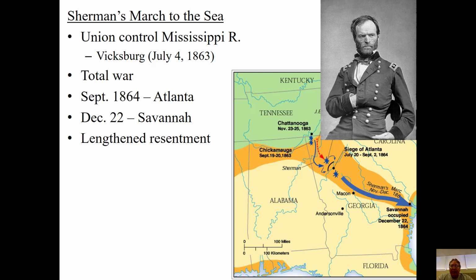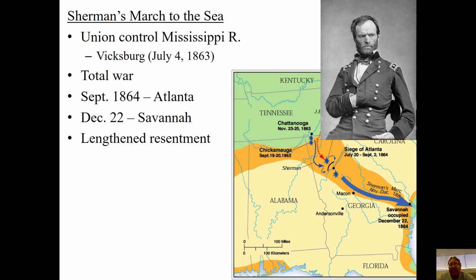After the Battle of Gettysburg, Sherman pulls together a brand new army in Tennessee, and he decides he's going to do something audacious on his own, kind of taking a cue from Lee. He's going to take his army deep into the South. He's not going to worry about bringing more troops with him. He's not going to worry about bringing supplies with him. He's just going to march into the South, grab Confederate supplies, grab Confederate food, and use that to sustain his army and just tear the South apart. And there in September of 1864, he does just that.